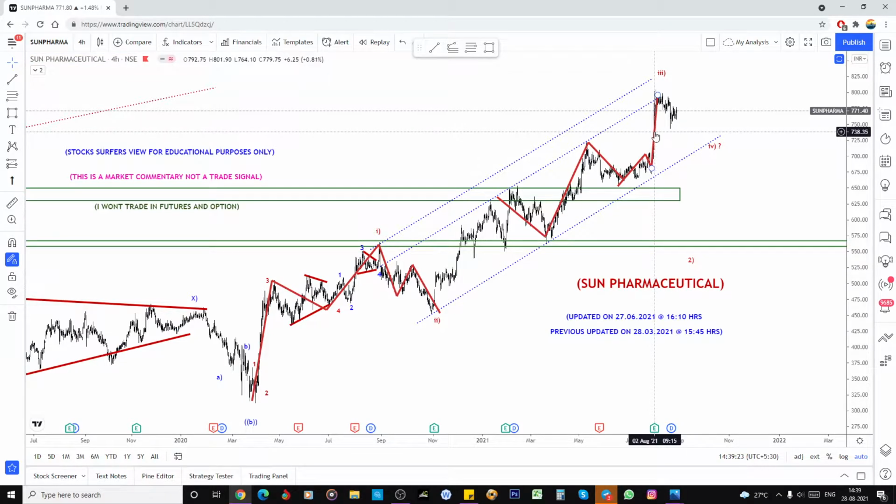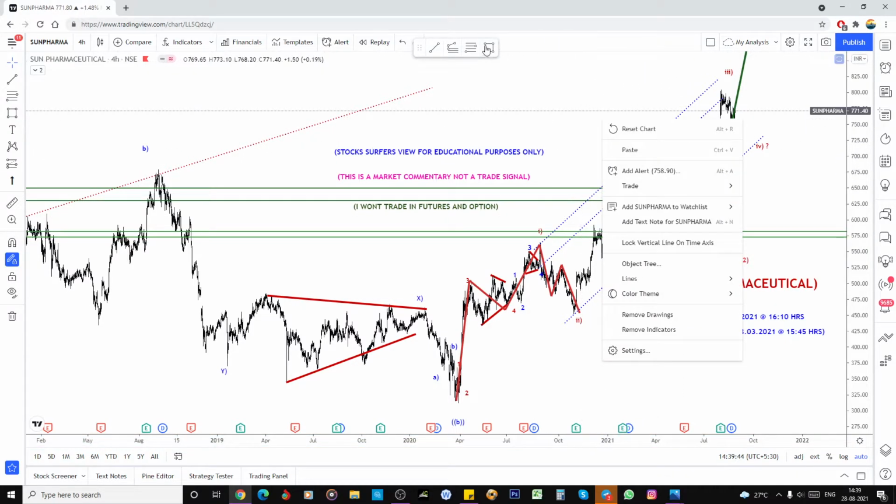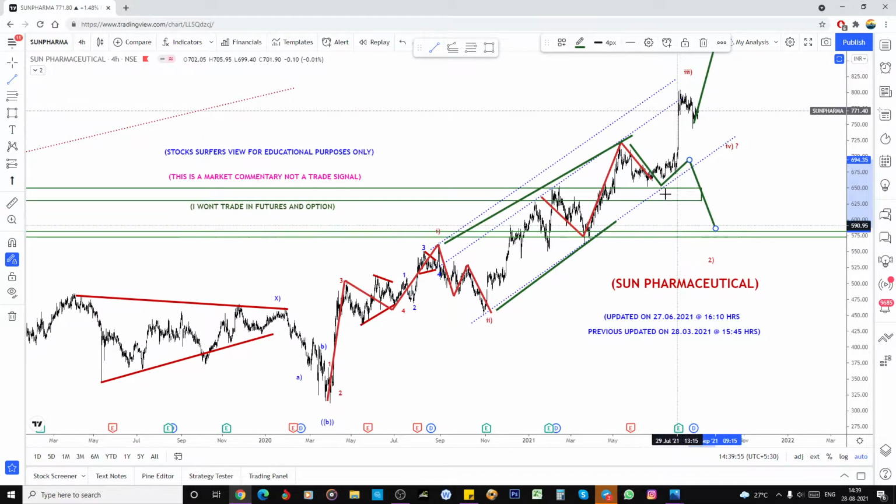But my question is, if it makes one more high also for the 1, 2, 3, 4, 5, what I'm expecting could be the end of that trend. But if it keeps going on, I will allow this pattern to complete. That is the thing only, because I'm not so sure, because I thought this could be the end of the trend, and I have explained that also, right? And I'm expecting this, but it never came here, and it didn't allow it also. So let's wait for the pattern to complete here, whether this is a 1, 2, 3, 4,